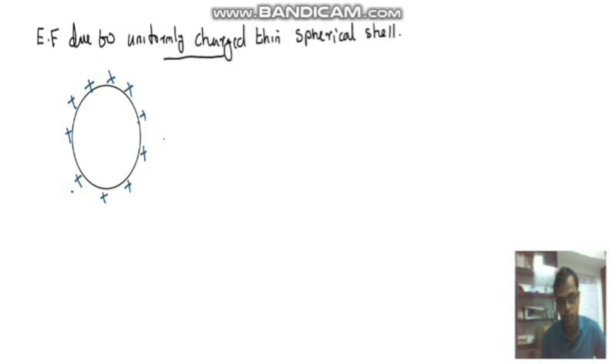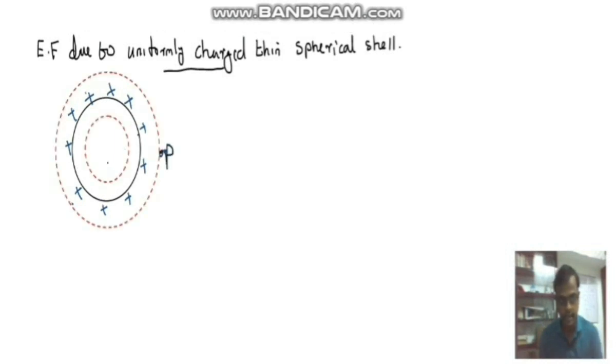Just imagine a point P that is outside. If you consider a point P outside, we should include that point P in a closed surface, because we are going to apply the Gauss theorem. Gauss theorem can be used only for a closed surface. So imagine a Gaussian surface outside, including this point P. What is the area vector? While we are using the area vector concept in Gauss theorem, it will always be outward normal. So this is the direction of the area vector.